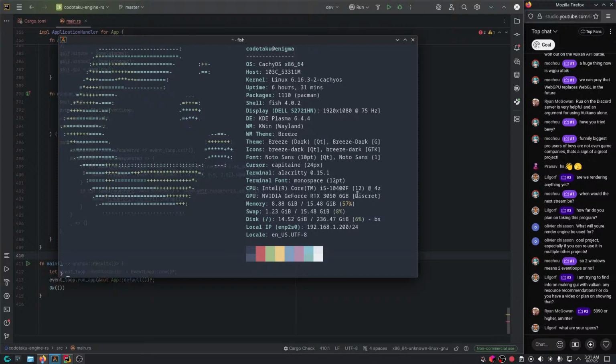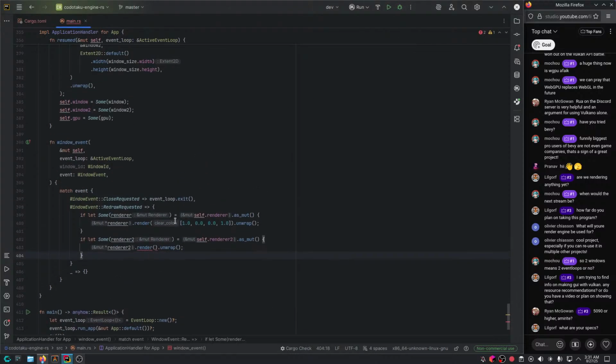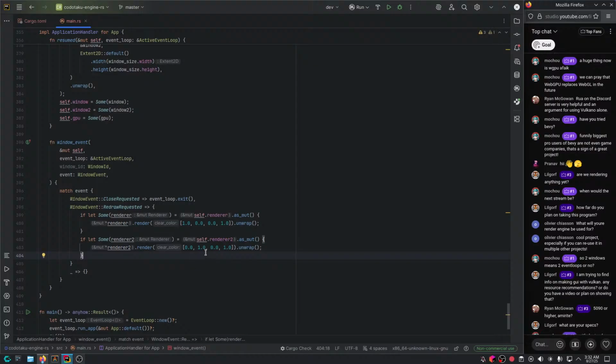Nothing fancy. All right. So clear color. But even weaker devices work, as long as they have modern drivers, essentially.